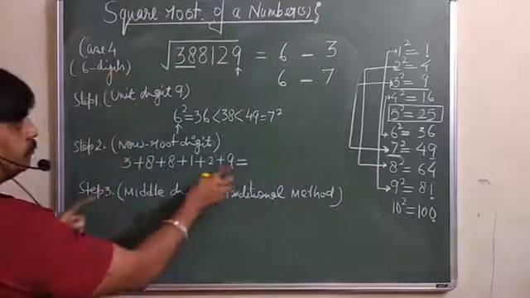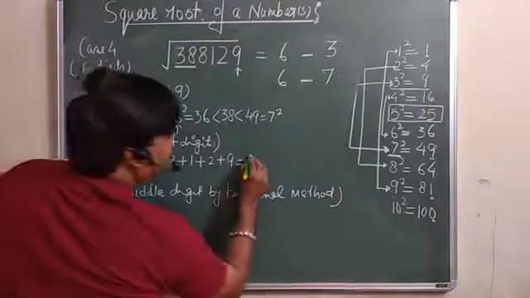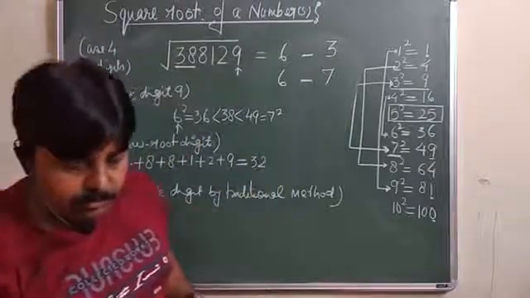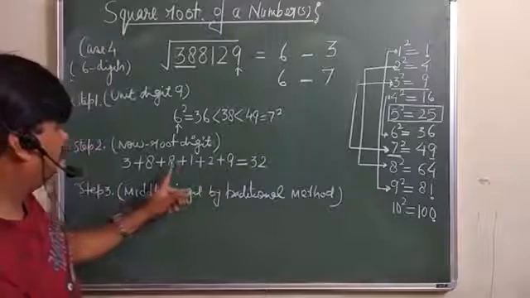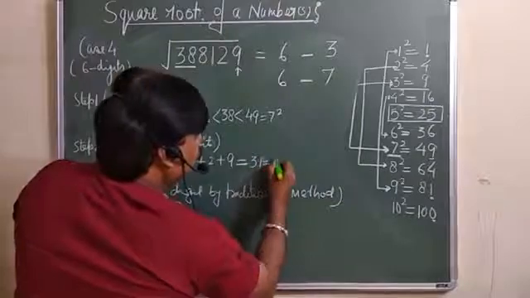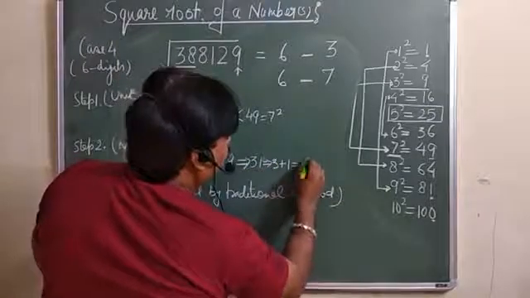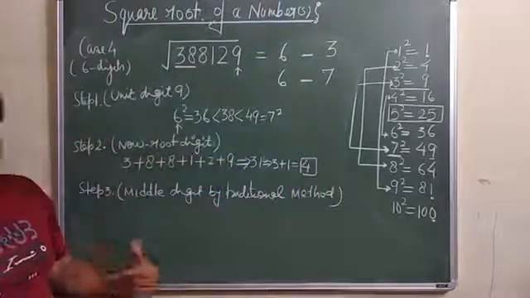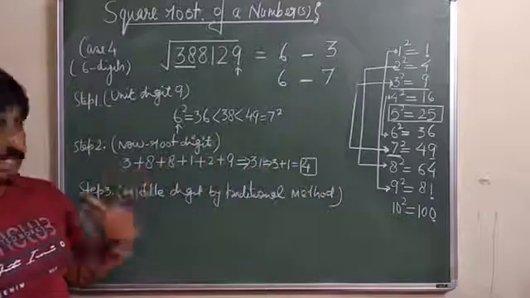What do we get? You will get 9, 10, 12, 20, that is 31. Add these two, 3 plus 1, 4. So 4 is your root digit. Later on we will understand why we are going to find the root digit.